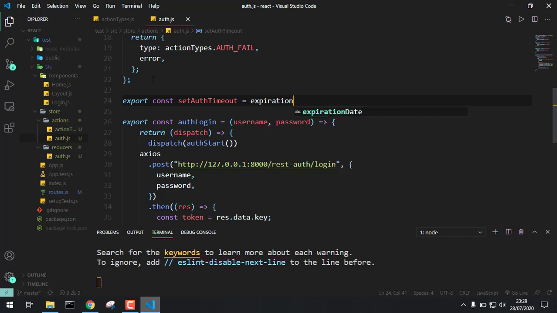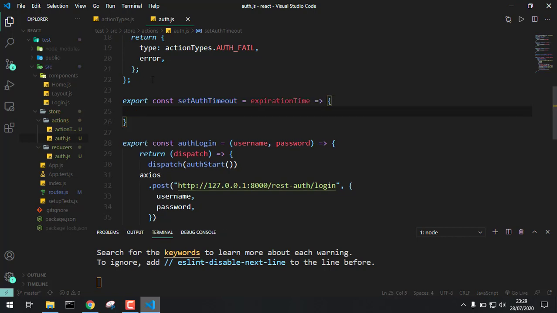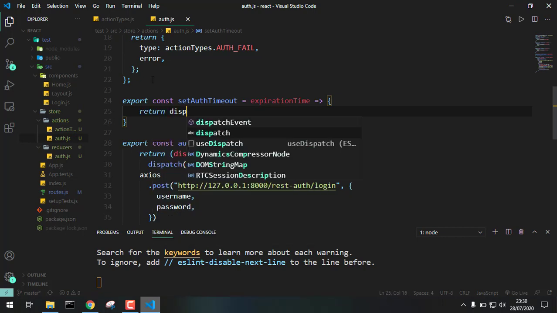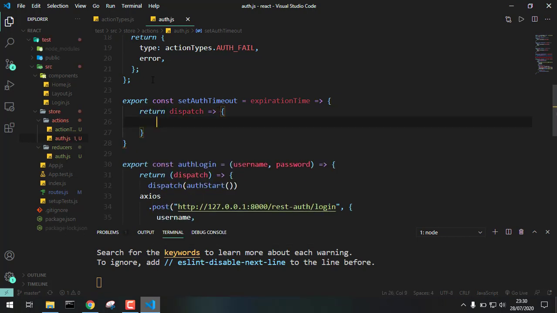Maybe we can pass in the expiration time, and in there we need to return also a dispatch, since we'll be dispatching specific actions